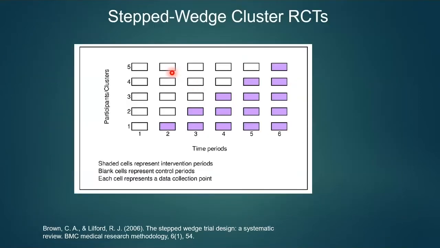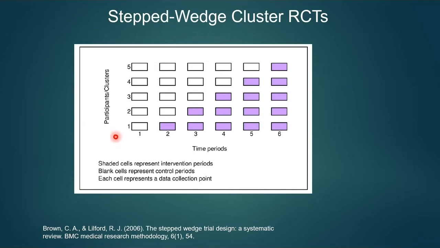Another type of experimental design, the step wedge cluster randomized trial. So this is a schematic just to show you visually what happens. And this schematic, I think, illustrates a study that was conducted in Washington State of enhanced methods for reducing sexually transmitted disease risk among those who are at high risk for such diseases and infections. And let's say there were 5 facilities involved, 1, 2, 3, 4, 5.